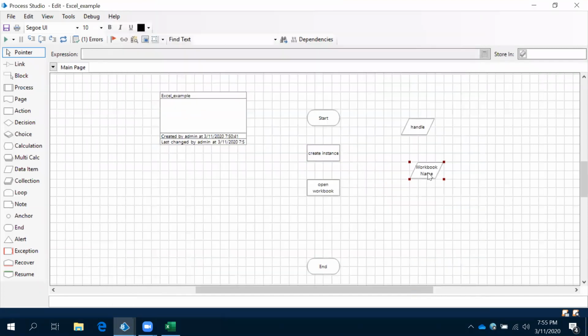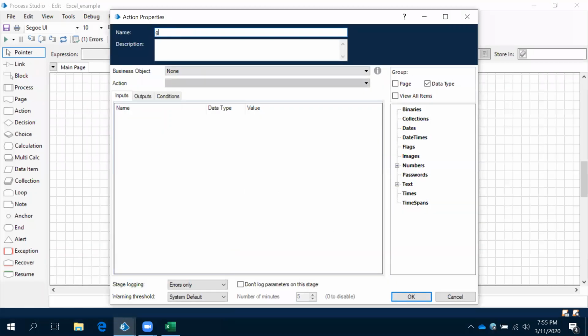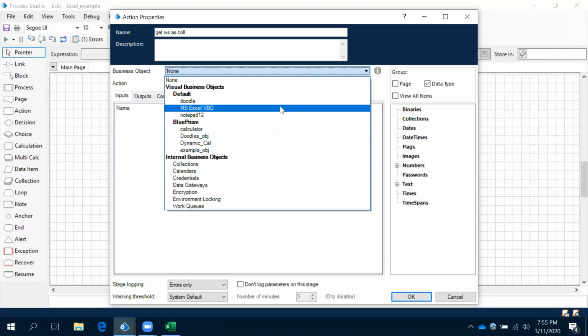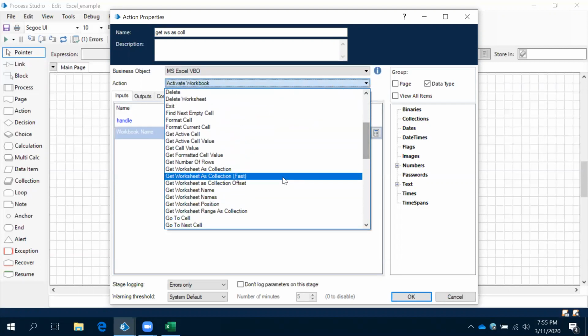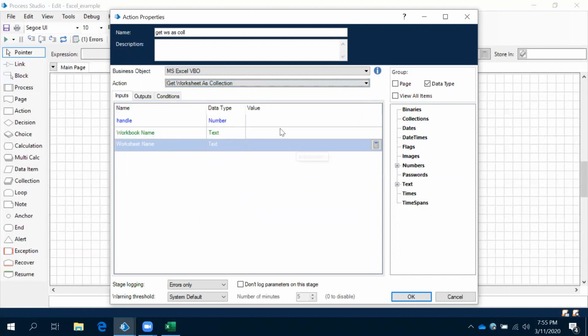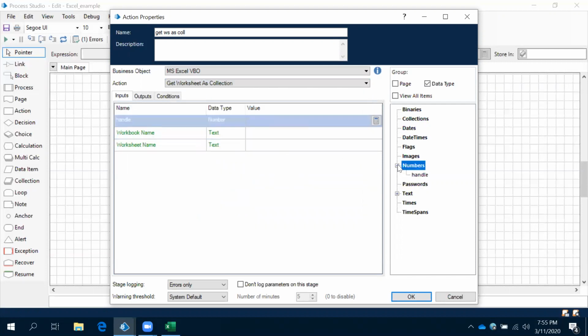Once we have open workbook, our requirement is get worksheet as collection. They have given it a short name. See this, get worksheet as collection. What is it asking here?